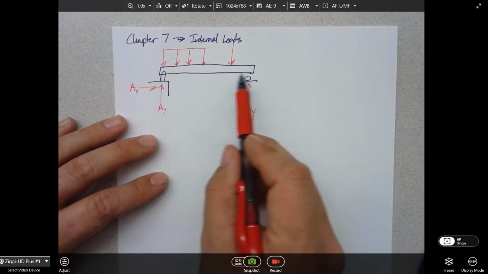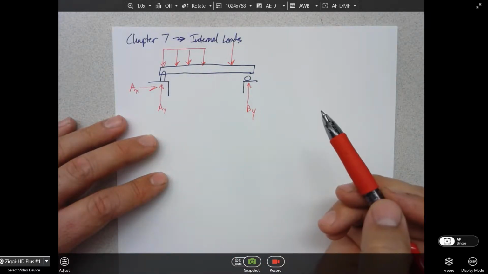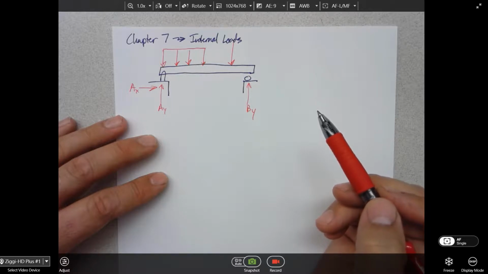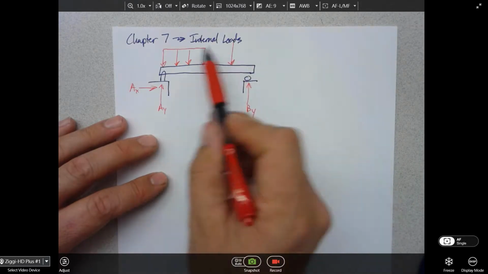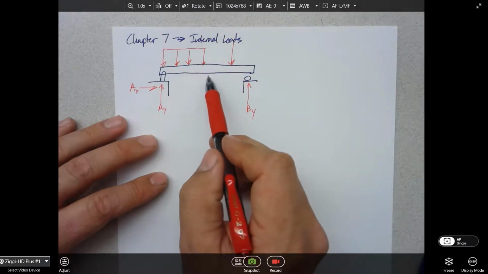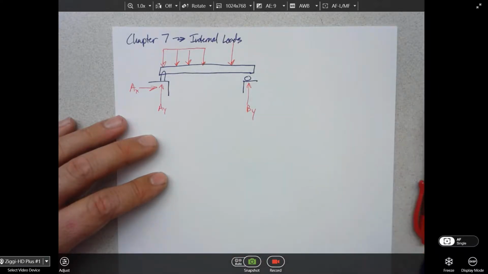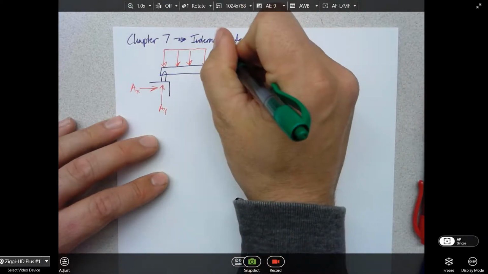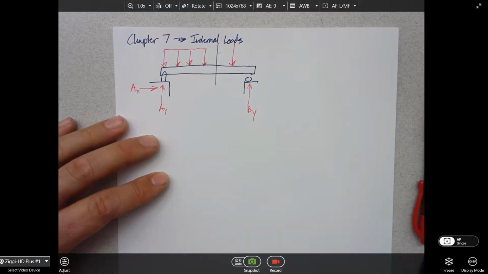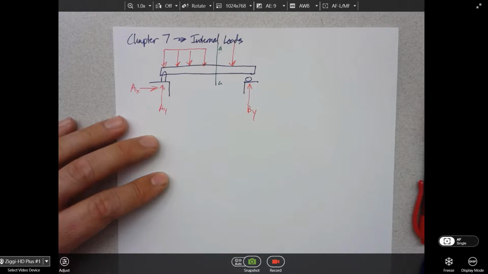It turns out that the loads in this 2x4 change as you go along its length. Could you believe that? So we need to develop a system for quantifying the forces inside this beam, and that's what chapter 7 is all about. The reason it follows chapter 6 is that we do that by taking the method of sections. So if I slice this along a plane here, AA,